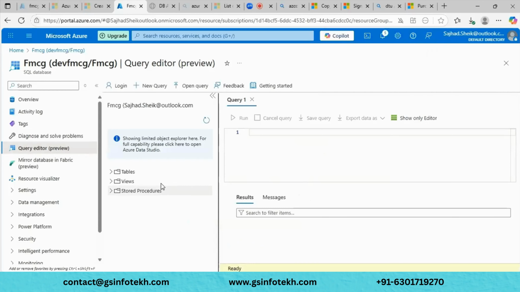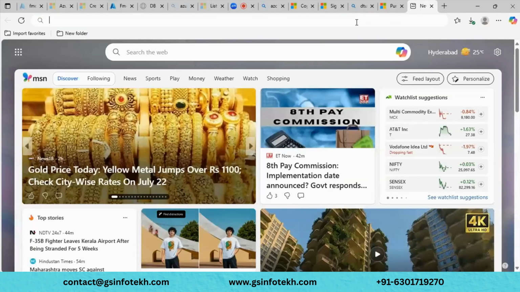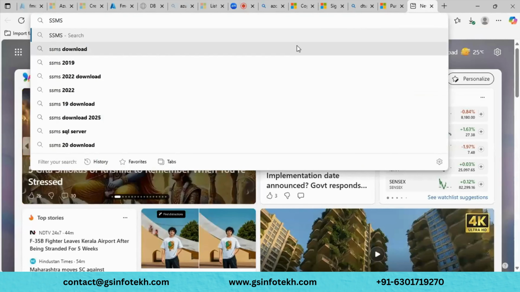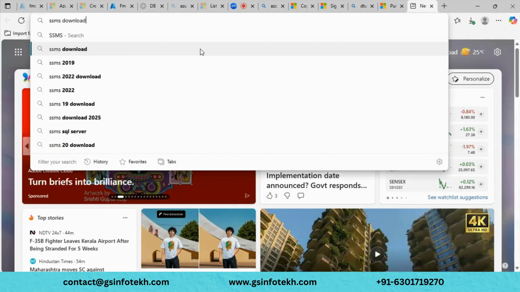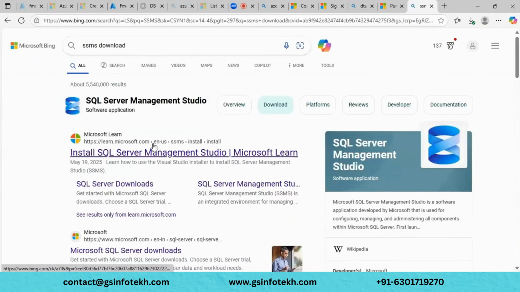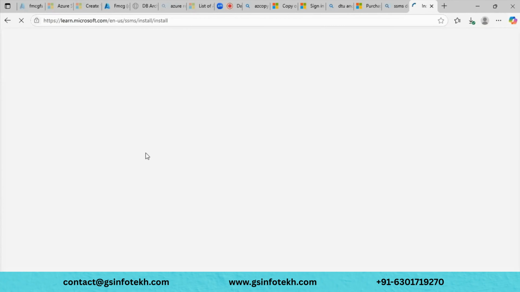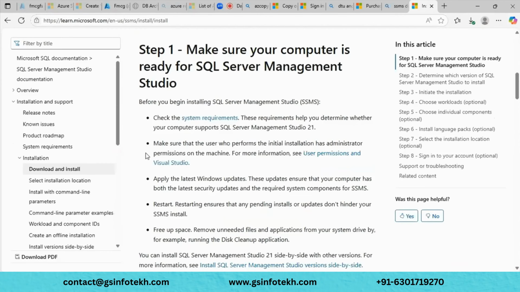See, now we are able to log into this SQL Server database, and we have a standalone tool, SSMS. You have to download this SSMS 2021, SQL Server Management Studio. And if you scroll down,